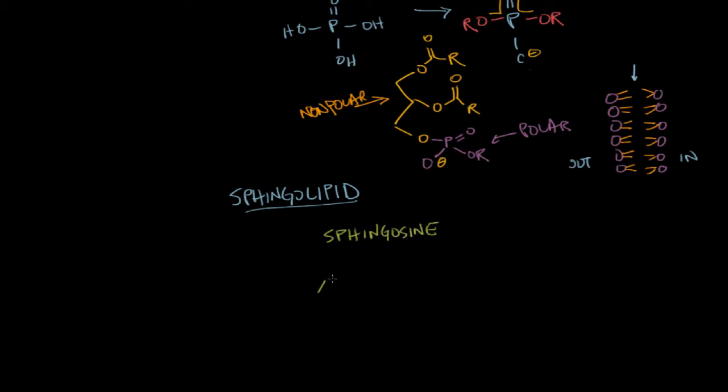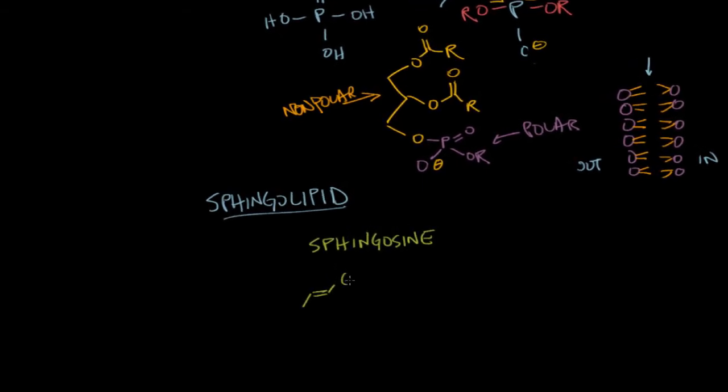And so sphingosine is an amino alcohol. It's got these OH groups, but it's also got a lot of lipid characteristics because it's a really high molecular weight alcohol. This is a lot of carbon here, 15 carbons on this tail. It would extend out like that if I drew them all out. But if we replace this OH group with a phosphodiester, just like we did with our triglycerol, so replace it,